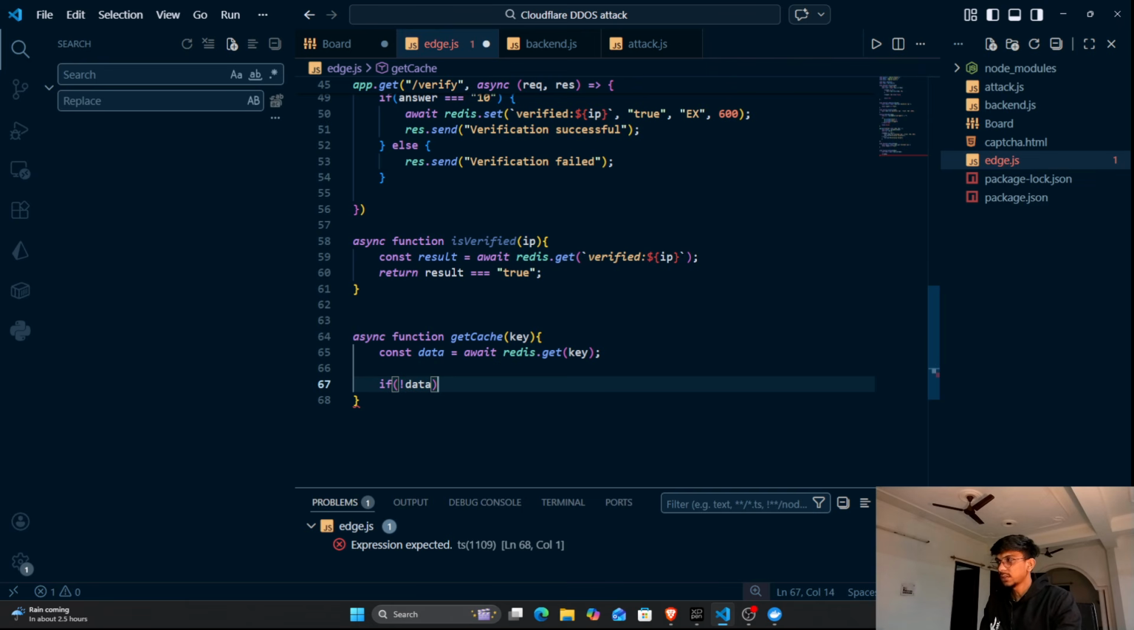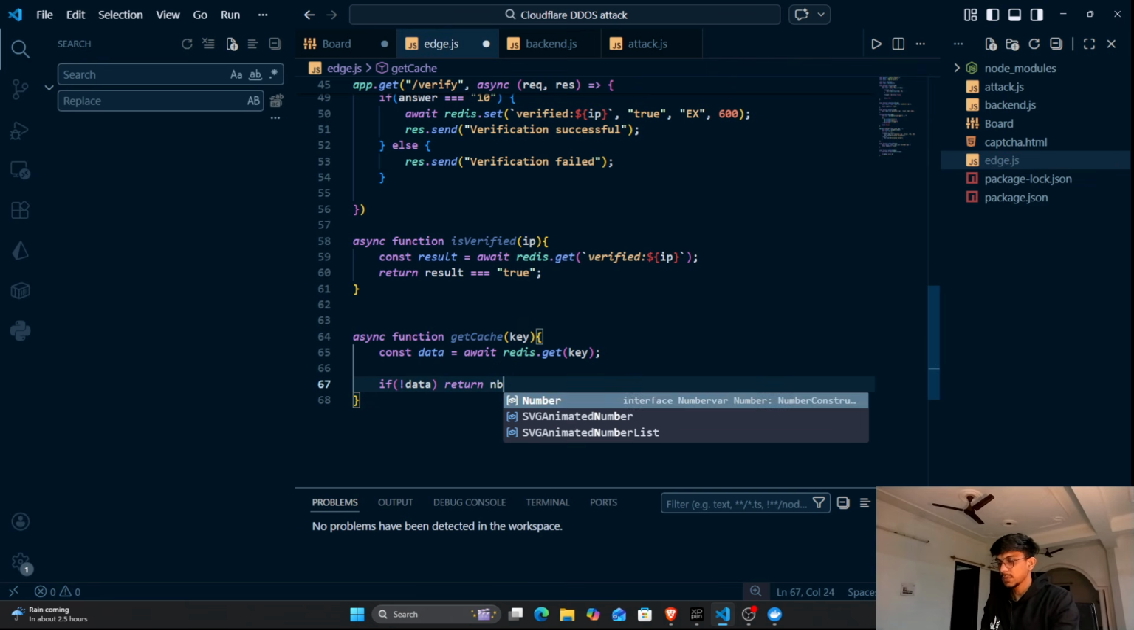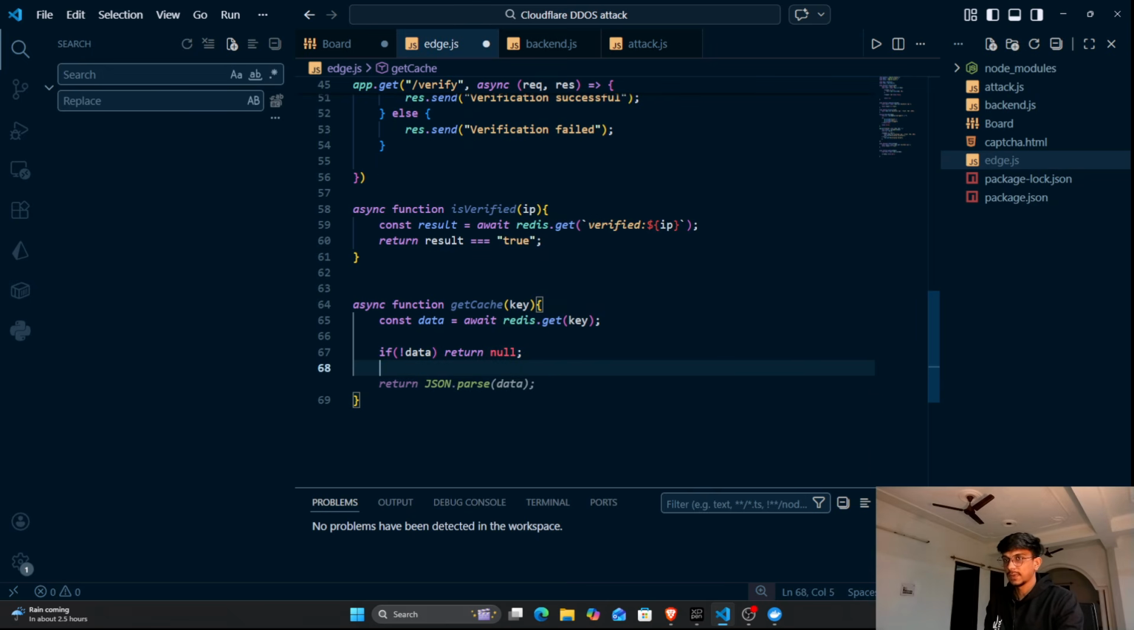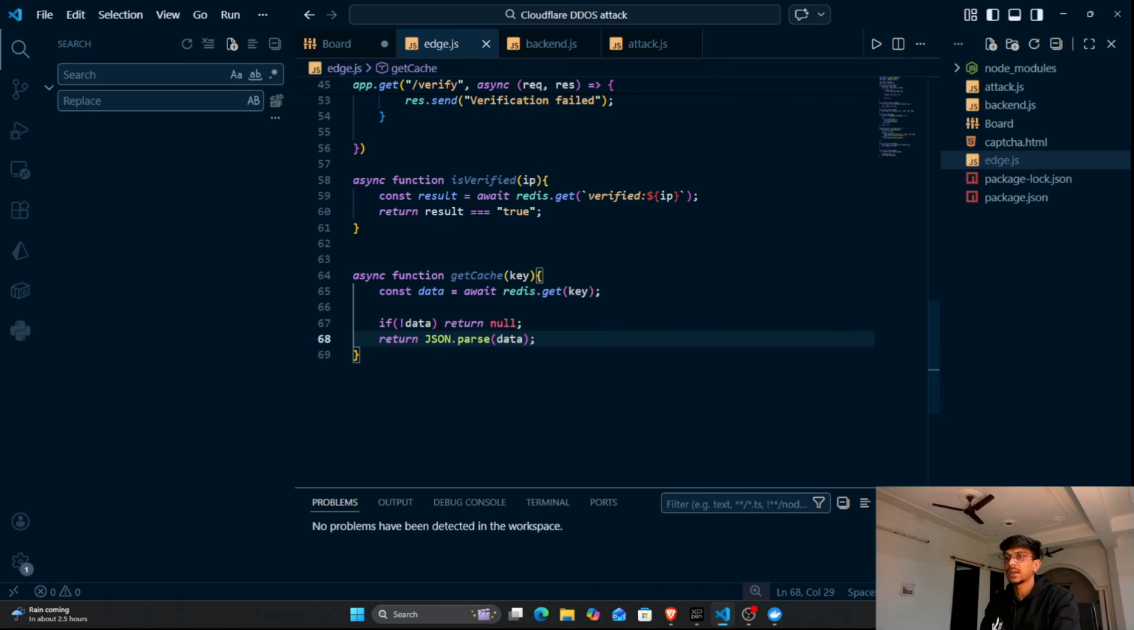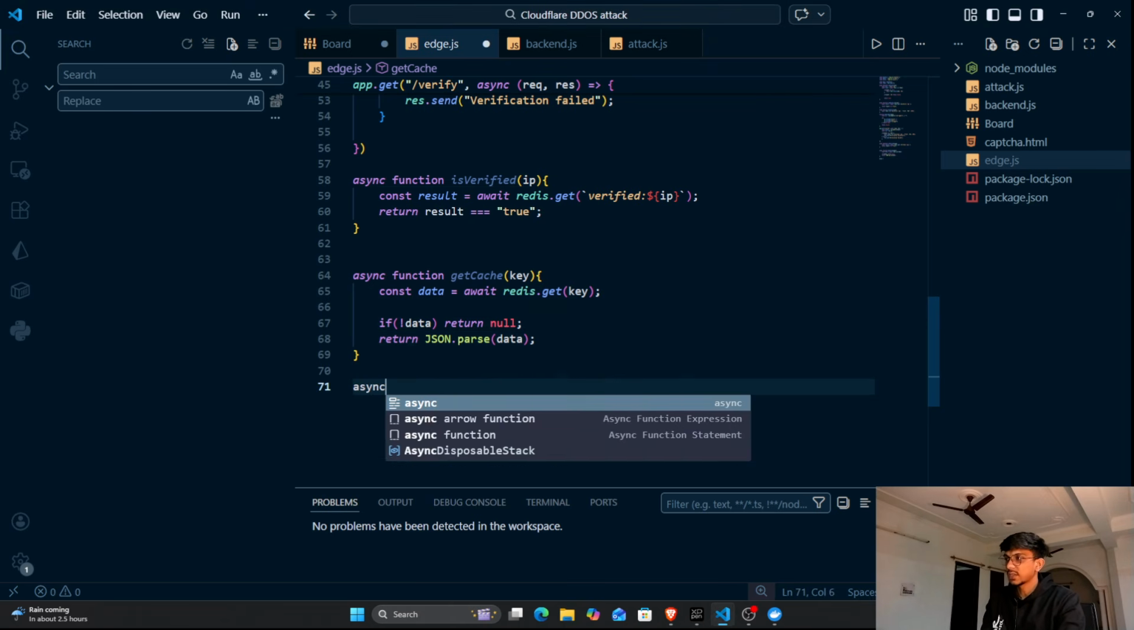If there is no data, return null, right? And then we will say return JSON.parse data. So technically I am just asking cache to actually return me the data. Simple. And also I want to store the data, so I will write one more function, async function